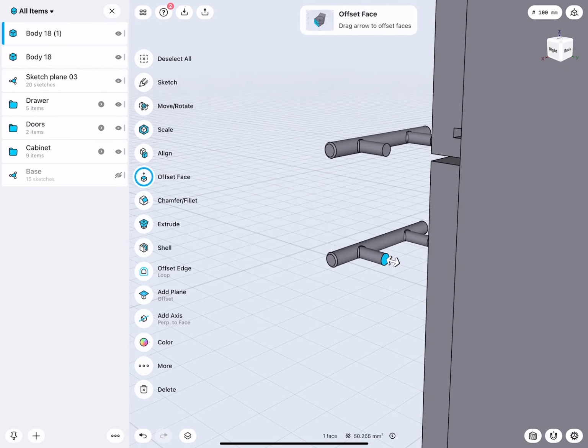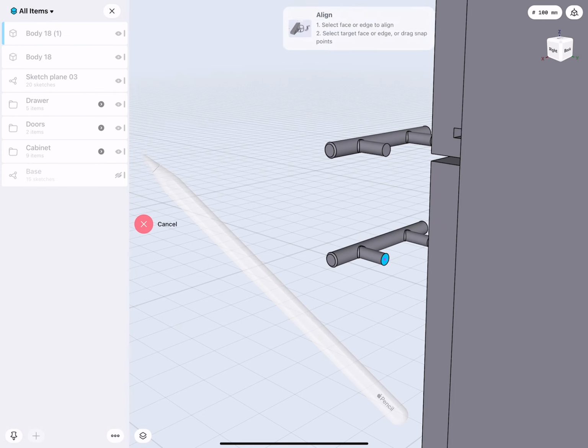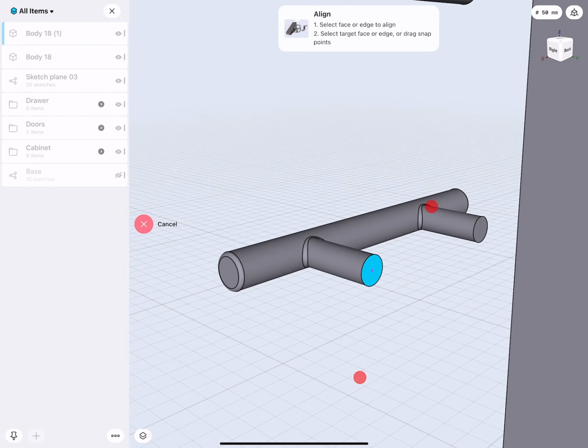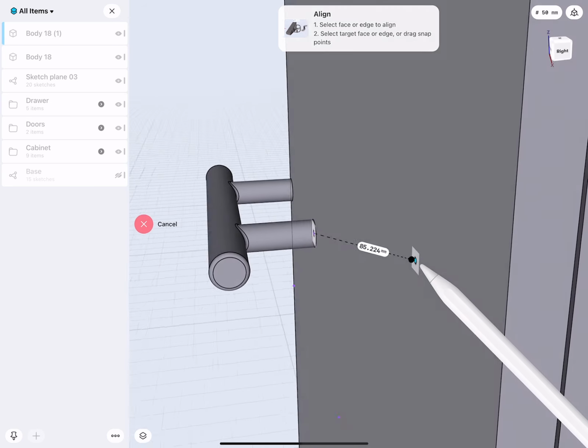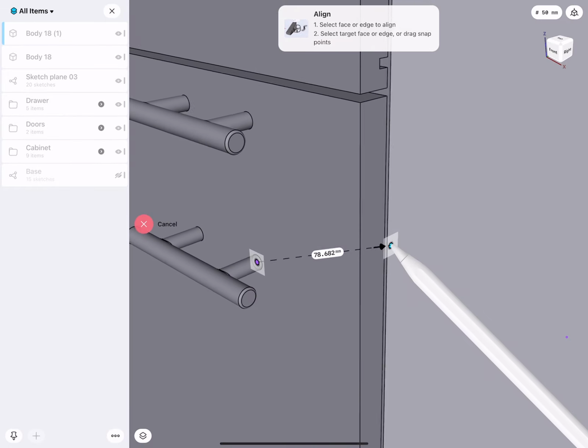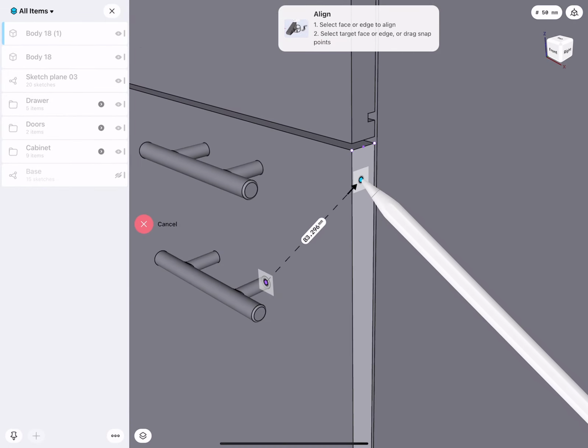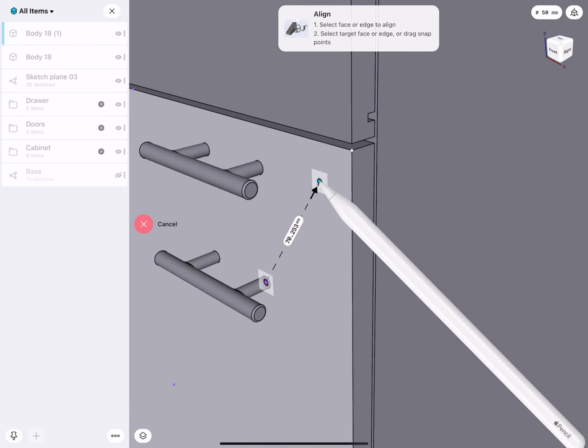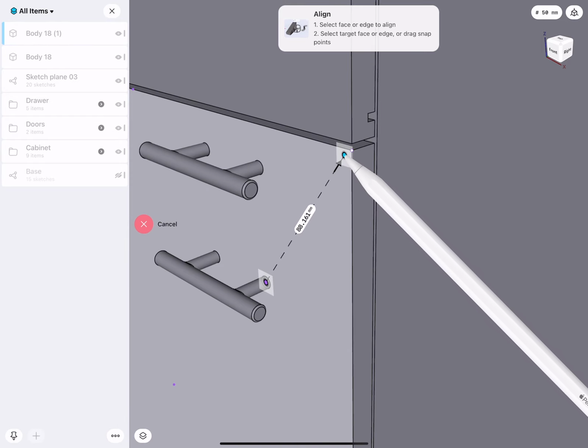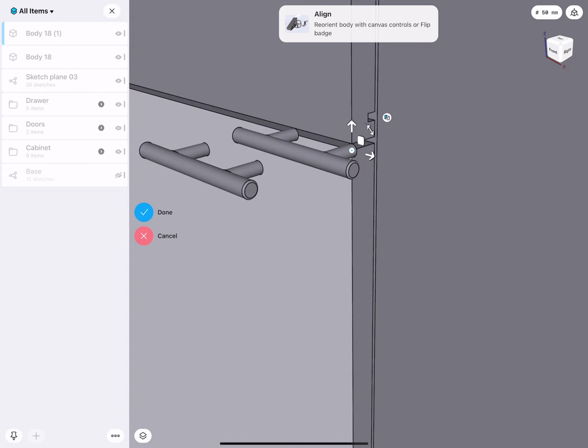So take a look at this. I could go to align. Now I zoom in with the pencil on this face, click and drag. The pencil is still on the screen. And you see there is also a plane. Now with another finger, I will rotate. With 2 fingers, I zoom out. And now I can tell it what face this other face should go onto. And here go to that point.